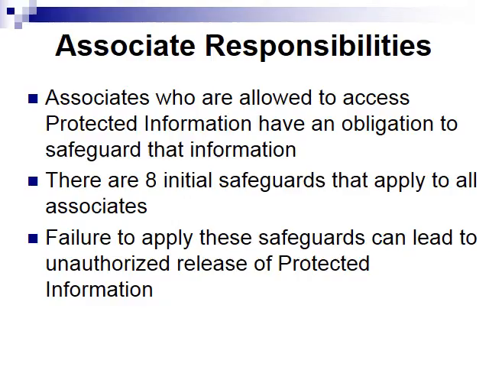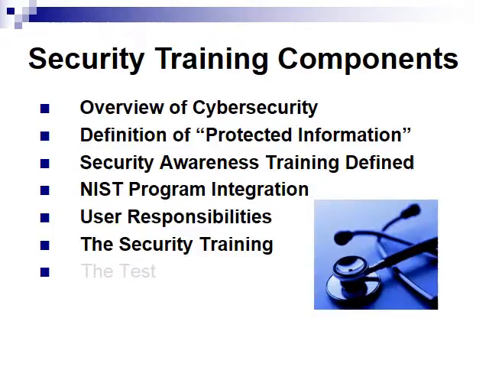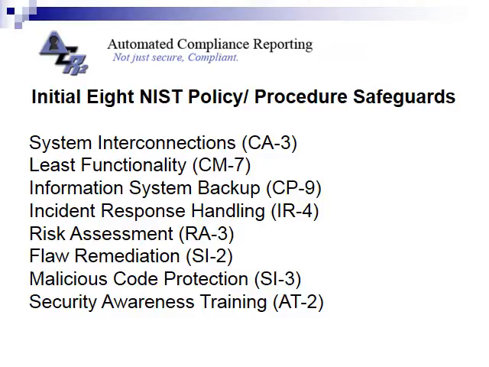There are 8 initial cybersecurity safeguards that need to be followed by associates under the NIST Information Security Protocol. Initial security training for associates includes review of each of the 8 initial safeguards. 7 or 8 key safeguards are typically identified as needing immediate action. Some of these safeguards, notably SI3 antivirus and CP9 information system backup, are typically in place but not fully documented. Other policies such as IR4 incident response may need to be created using examples based on other small business experience.